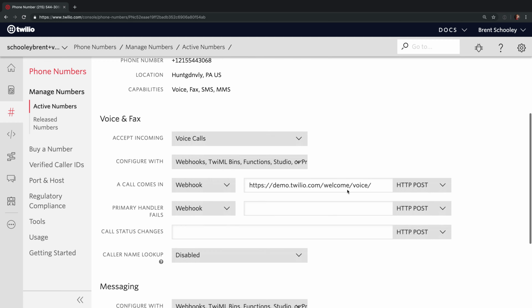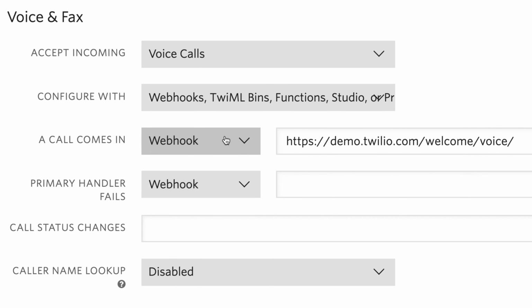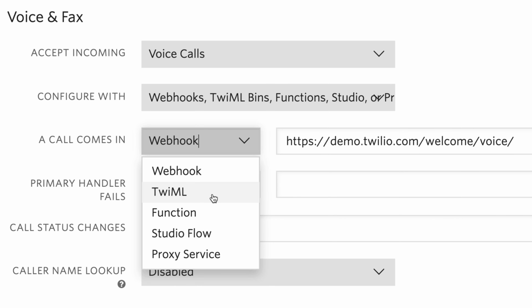You can set up how Twilio handles incoming calls inside of the phone number setup section, down where it says a call comes in. You can set this to have a webhook reach out to your web server. You can return a TwiML Bin. You could use Twilio Functions. You could use Twilio Studio, or you could use a proxy service. We'll cover all of these in